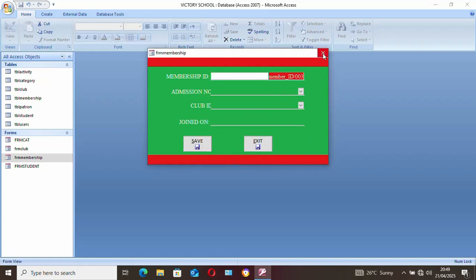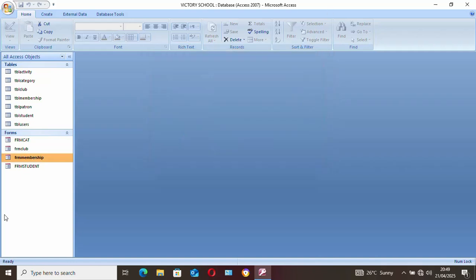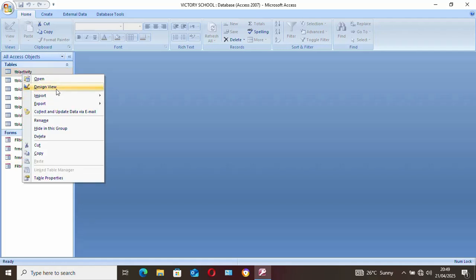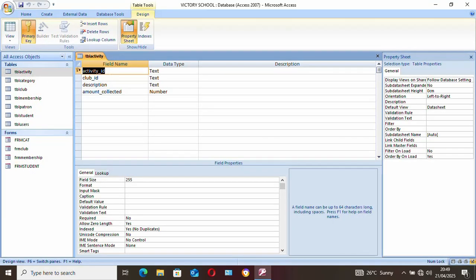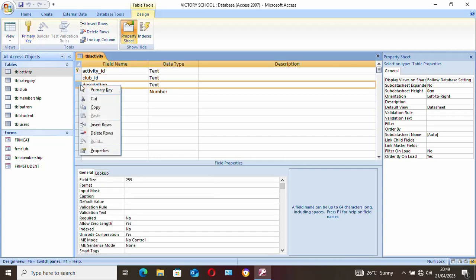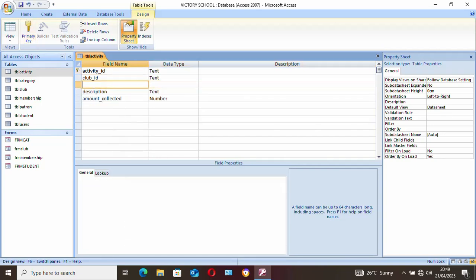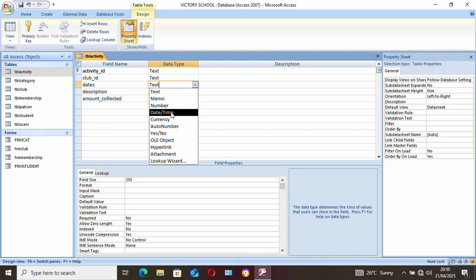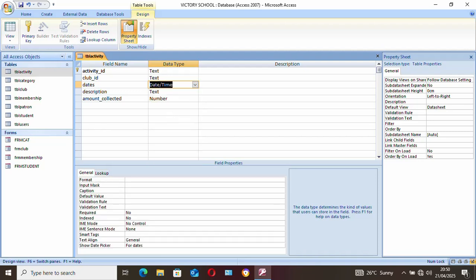So far so good. Now we continue to creating the table activities, and we can look at the table to see what it has. It has activity ID, club ID, description, amount collected, and on this table we can add another field of the date. We need to know the date, so you can call it dates. You need to know the date when this activity took place, and with that we are going to go straight to the form,